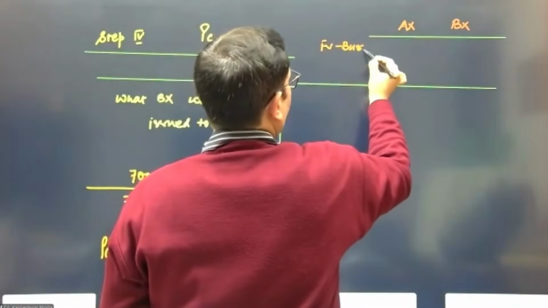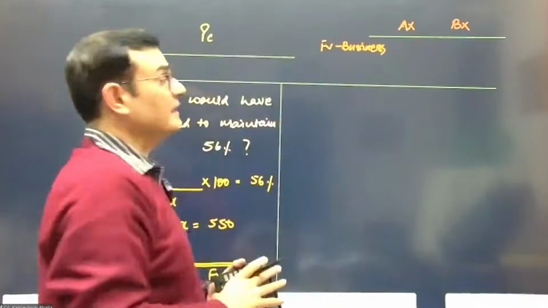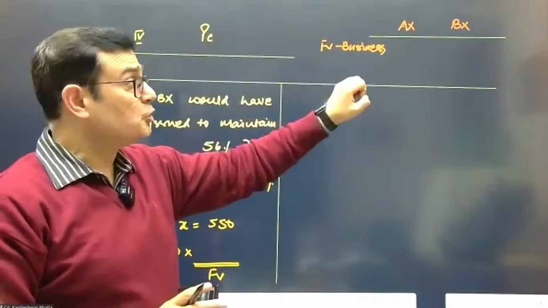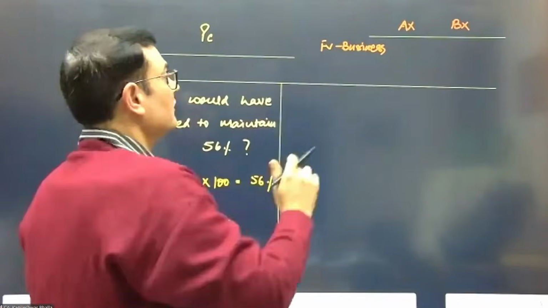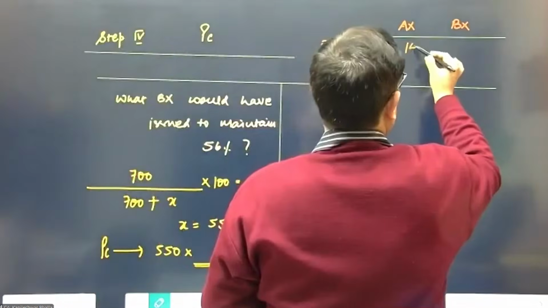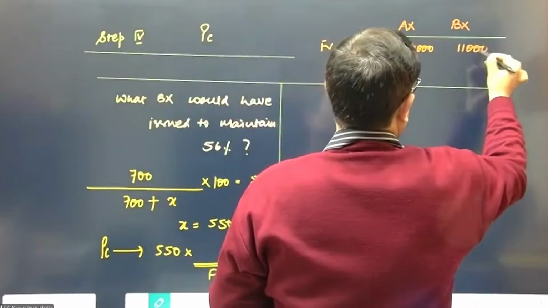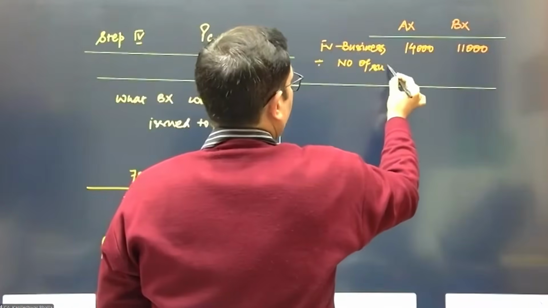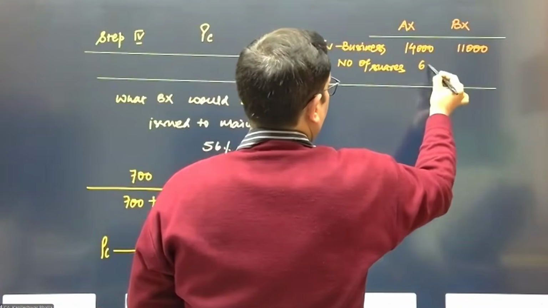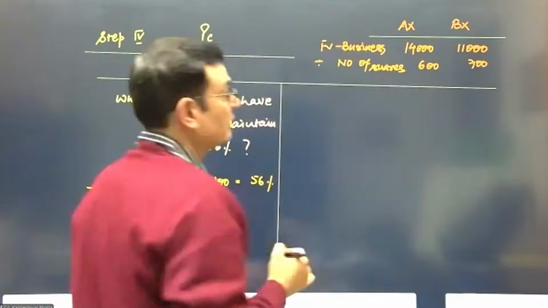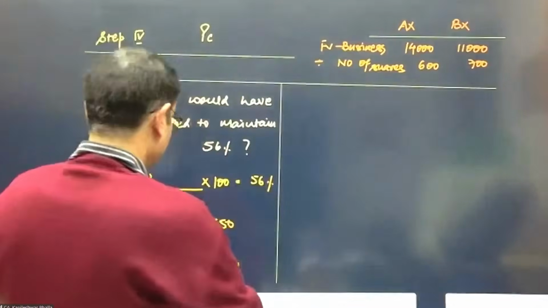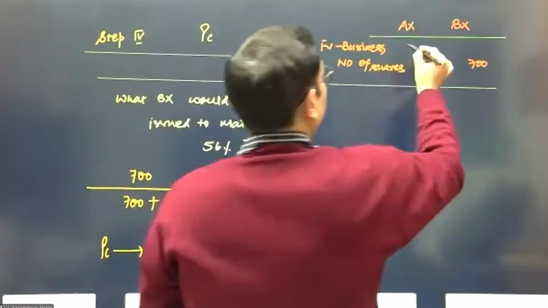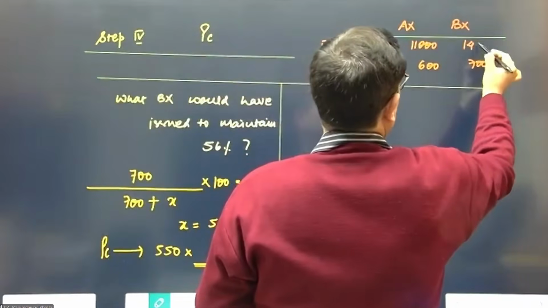This can be prepared as a separate working note. When you're presenting things in the exam, this calculation I'm presenting can be shown as a separate computation as a working note. I think the fair value of the business, if I rightly remember, was 14,000 and 11,000. We divide this by the number of shares. I guess the number of shares in this case was 600 and this one, sir, was 700. AX is 11,000. Okay, it's the other way around. Number of shares I think is fine. So this is 11 and this is 14.